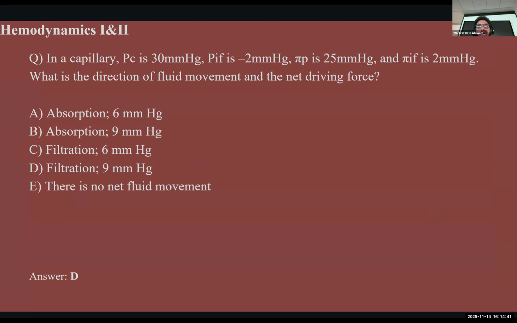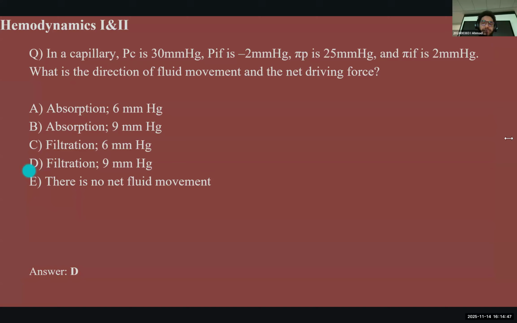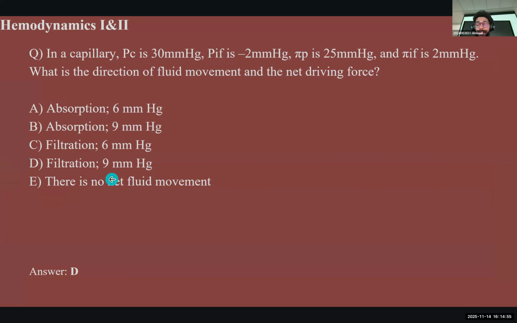Yes, it depends how you do the calculation, but yes. And you just generally follow the same rule that I told you. If it comes up as positive, it should be filtration. Then when I subtracted the forces that are pushing outside against the one that's trying to bring it in, when you do it that way, if you get a negative value, that means it is absorption. You are correct. Okay, of course.